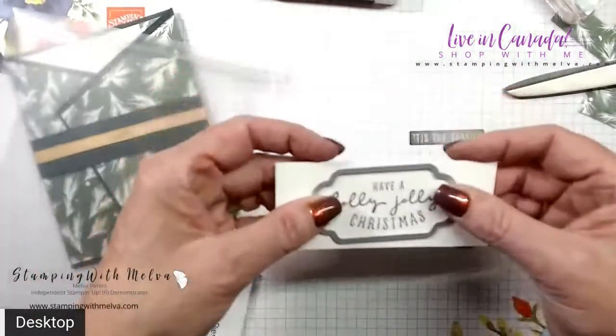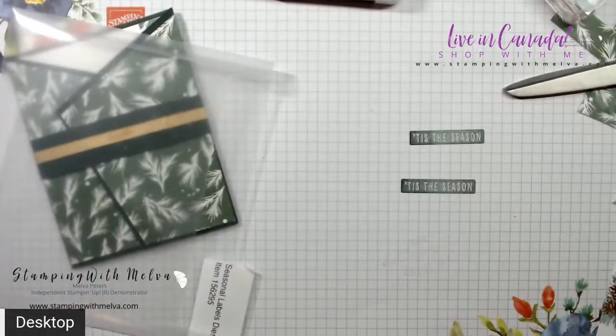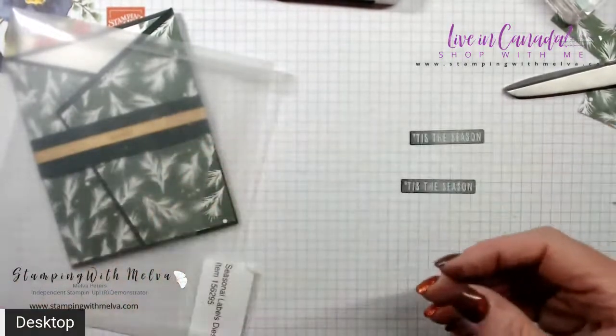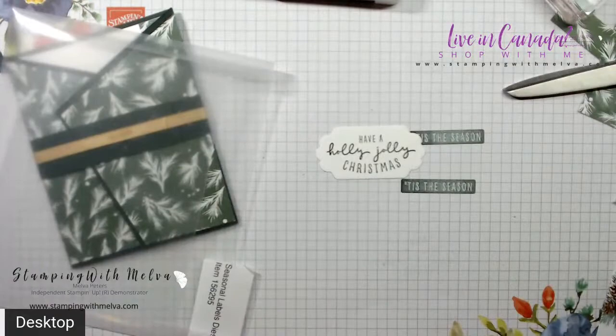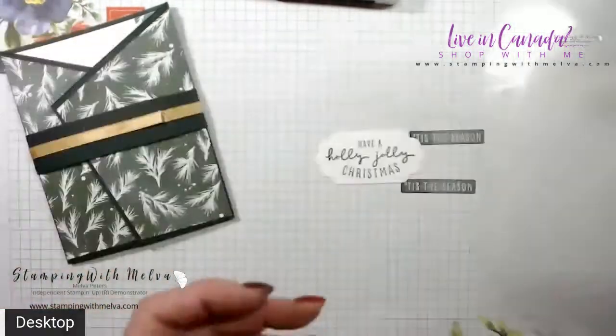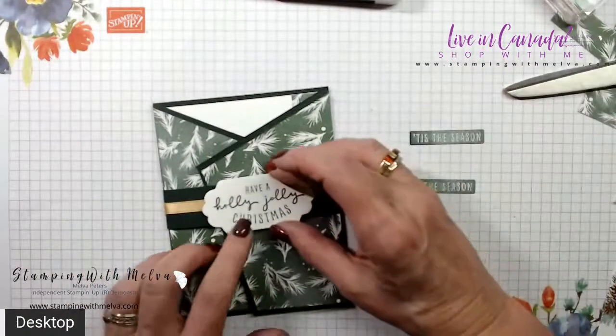Now I have my Stampin' Cut and Emboss machine off here to the side. And rather than shake my table, I'm just going to cut it off here. I'll cut it out here. There we go. So I've got this there. And I'm going to use